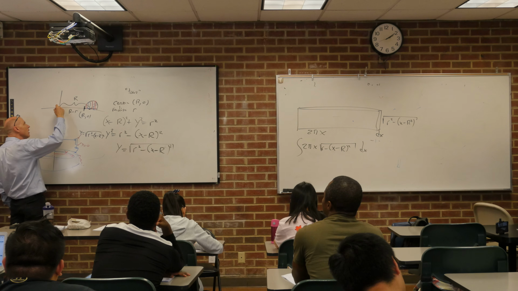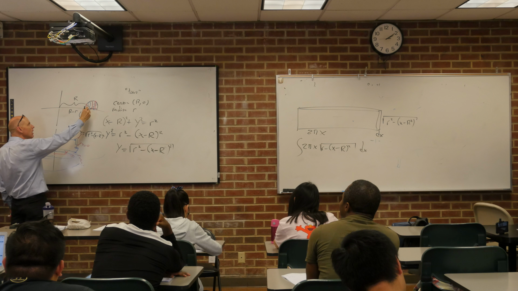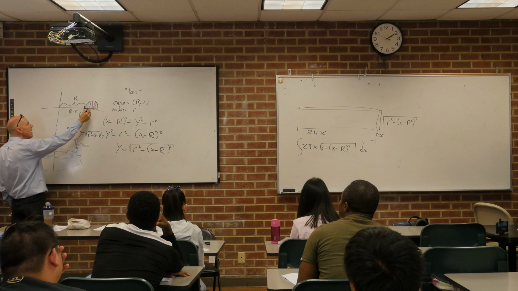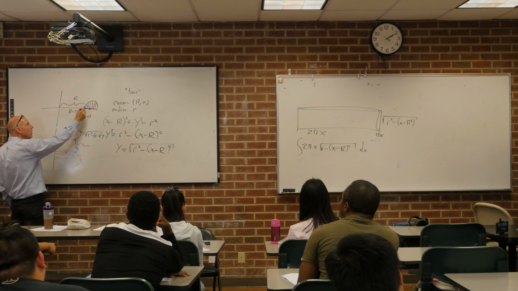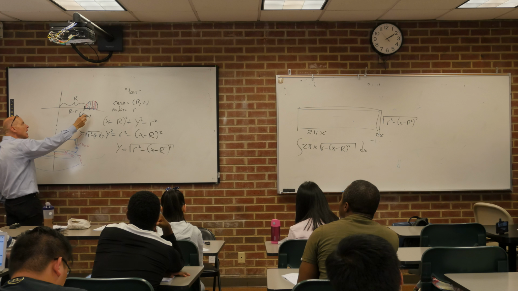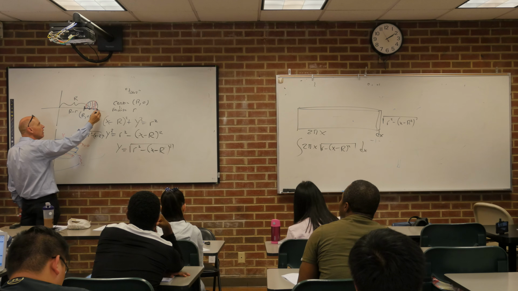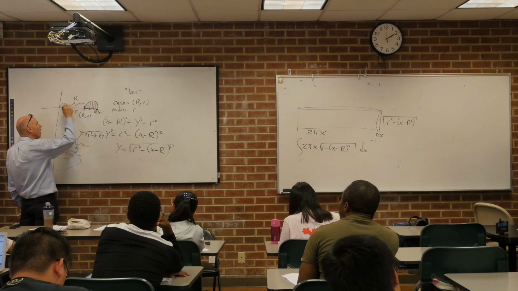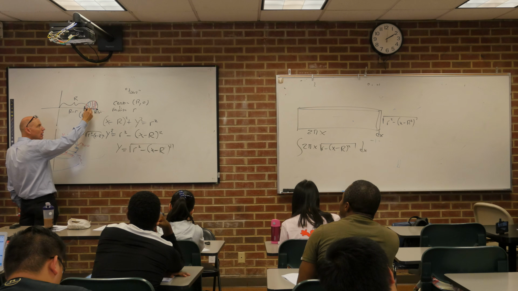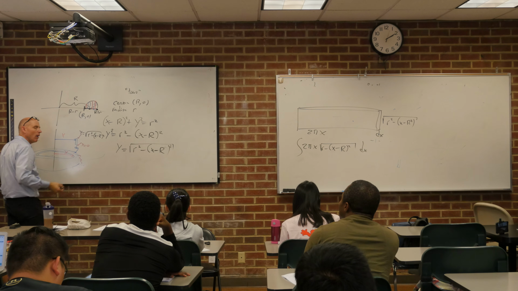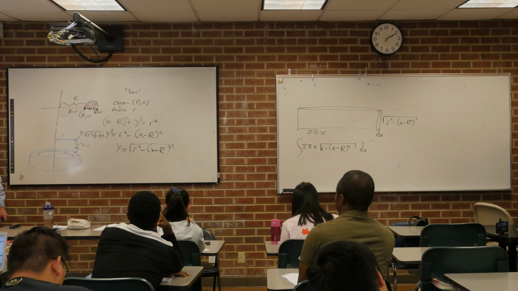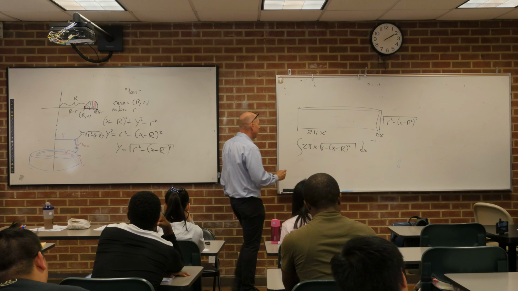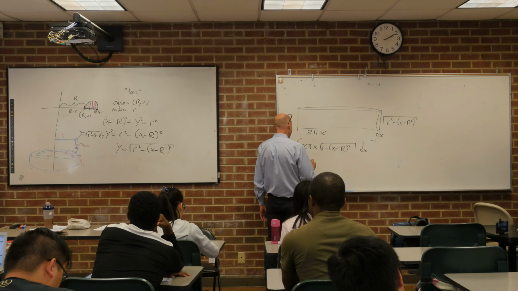The way I think about it is, if I travel a distance of big R, that gets me right to the center. And then if I go back the radius of the circle, if I go back little r, I'm at the far left. And what's the x value for the far right of the circle? Big R plus an r. So we go big R to the center, and then another little r, the radius of the little circle, to get to the other edge. So my limits of integration, big R minus R,